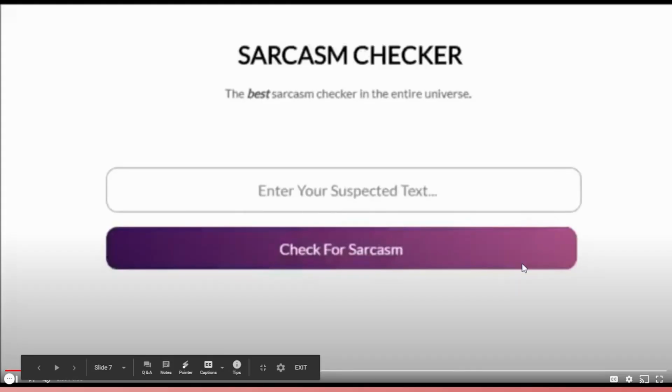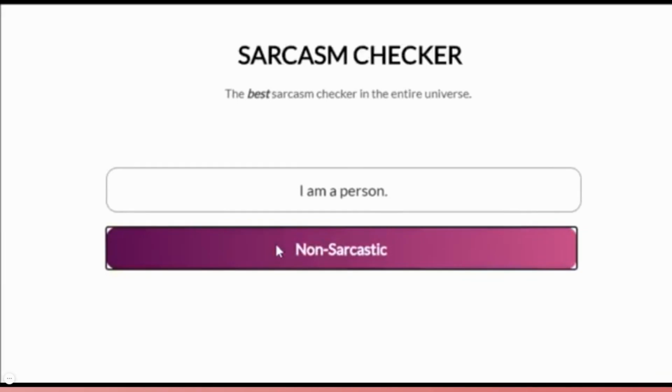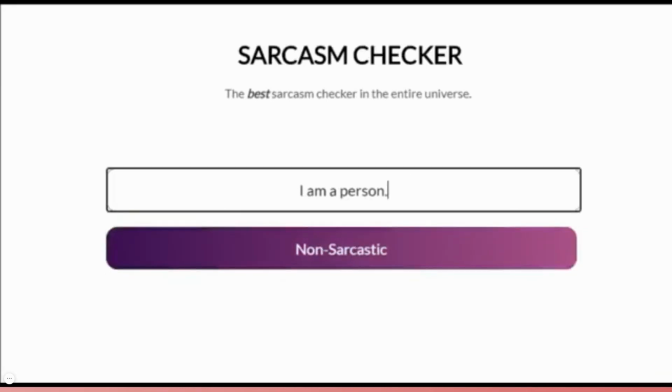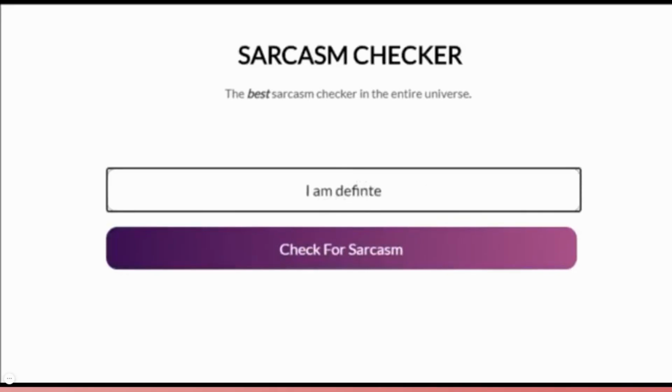And once everything was done, here's a demo of what the application looked like. As you can see, I've developed a very basic form of a user interface for this sarcasm checker, and it actually does a surprisingly good job at creating inferences. And as you can see, it creates inferences almost instantly. So as you can see, it already checked whether my first sentence was sarcastic or not, which it wasn't. And this next sentence, it's going to create a prediction almost immediately for as well.